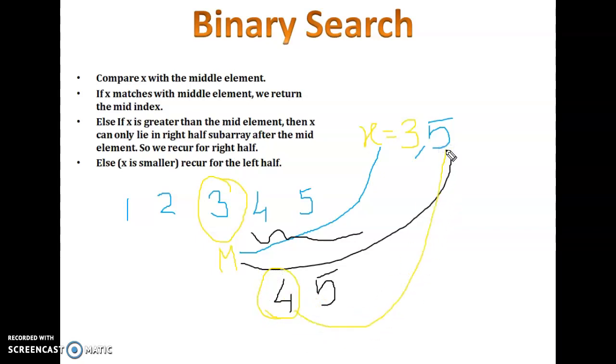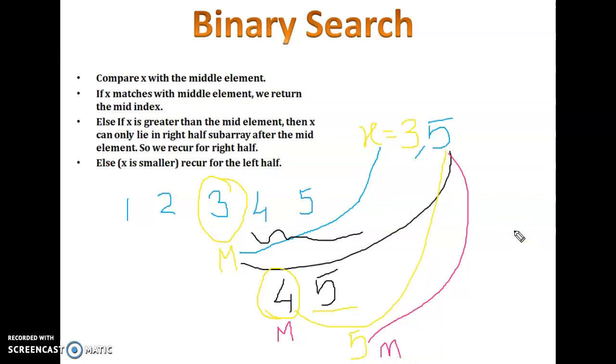Again the rule goes the same. The key element is greater than 4. Then you need to check the right part of it. So the right part that you are going to have right now is 5. So this is the only one element that is remaining right now. See how this m is changing. Now the middle element, or the final element that you have over here, is 5. So you are going to compare this 5 with this x, meaning m is being compared with x. Both are the same, so we have successfully found the element.